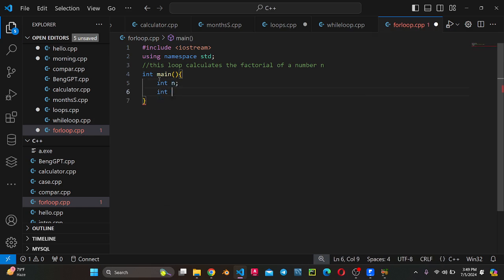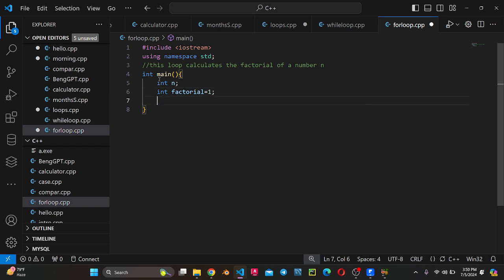Okay, and you're going to have another variable which is factorial. Factorial is also a succession of products anyway. It's helpful to initialize this to 1 since you're going to be multiplying. Don't initialize to 0, initialize to 1 since you're going to be multiplying, right? Okay,